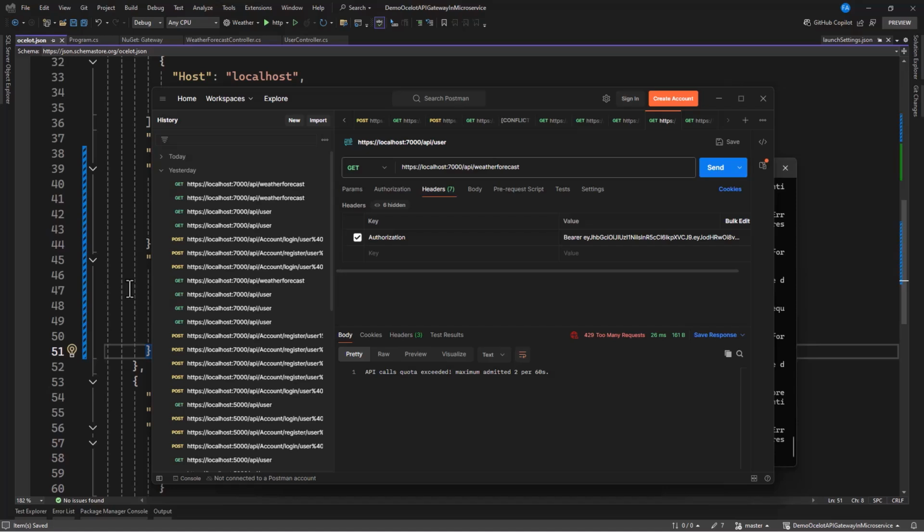For example, in a social media application, fetching a user's profile might involve calling separate services for user details, user posts, and maybe the user's friends. So Ocelot request aggregation allows us to combine these multiple downstream endpoints or requests into a single response, simplifying client interaction and improving performance.